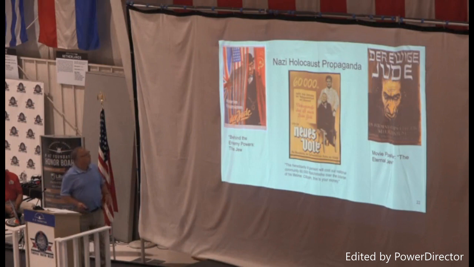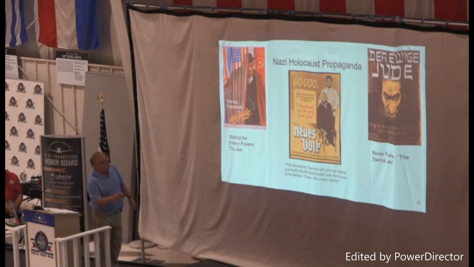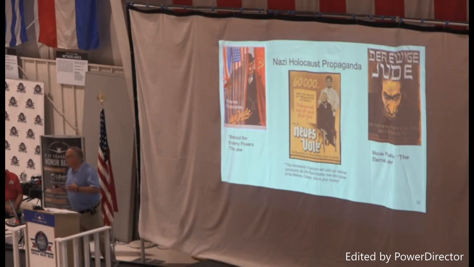Jews were often portrayed as subhuman. You know, you see in this poster, behind the empty tower of the Jew. And this is from a movie called The Eternal Jew, and it created the aspect or the projection to people that Jewish people were evil. But not just Jewish people